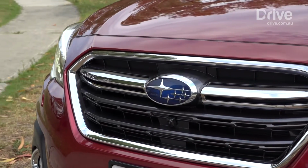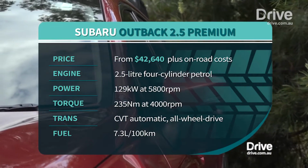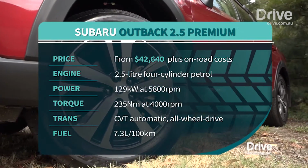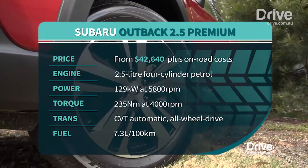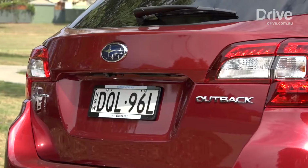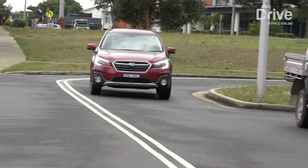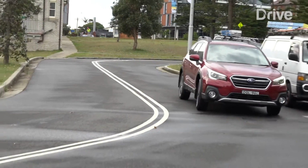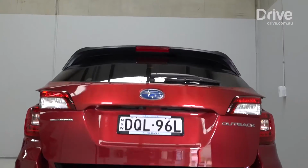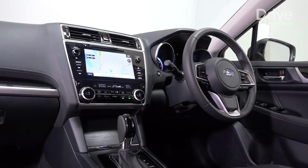This year's model represents a minor update. The naturally aspirated engine in this 2.5i model still makes 129 kilowatts and 235 newton meters. The base model still costs $36,240 plus on-road costs, and it still represents a practical and versatile package. Our test model, an Outback 2.5i Premium, costs $42,640 plus on roads, bringing plenty of gear including an updated EyeSight